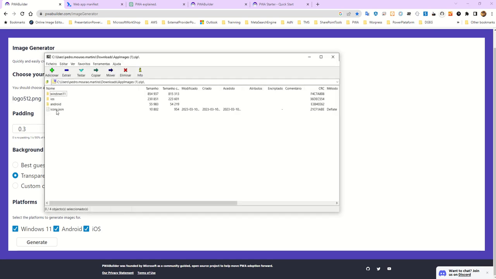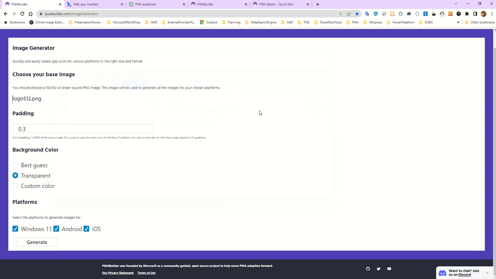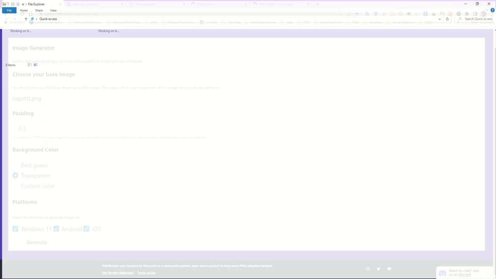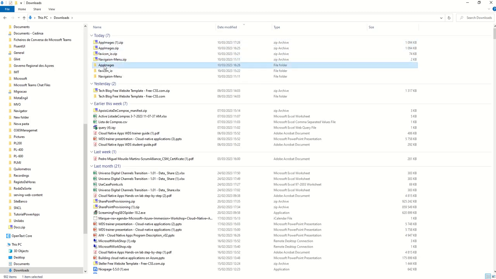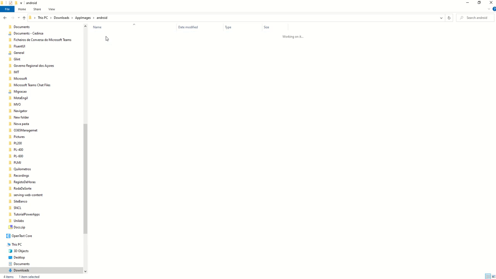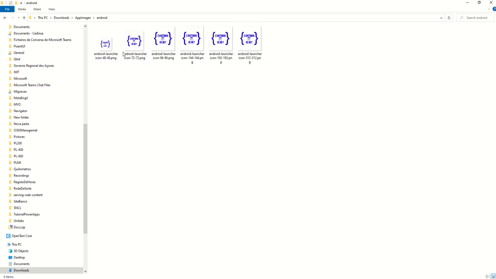If you see it, after this download, you receive a zip where you can find all your icons. You see it, Android launcher has